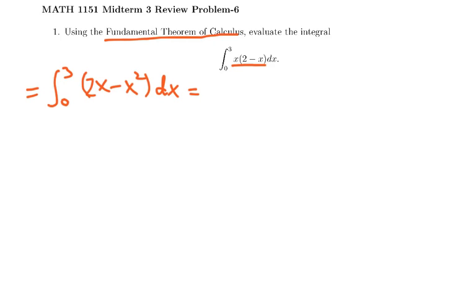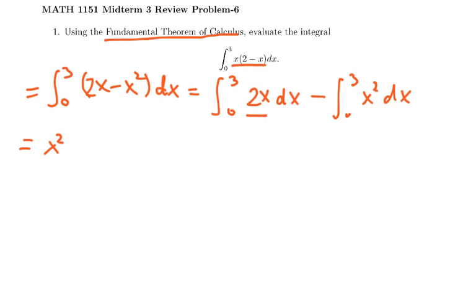And now we can use the linearity of the integral to write this as the integral from 0 to 3 of 2x dx minus the integral from 0 to 3 of x squared dx. Next we're going to apply the fundamental theorem of calculus. First, remember the antiderivative of 2x is x squared, and then we write the integral limits. The upper limit is 3, the lower limit is 0, and then minus, remember the antiderivative of x squared is